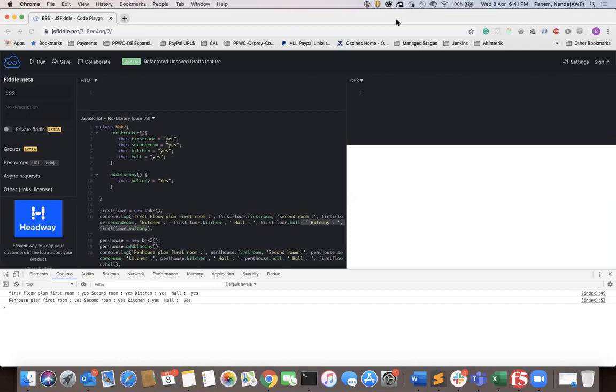Sorry for the disturbance. So for this penthouse, we'll try to add balcony.